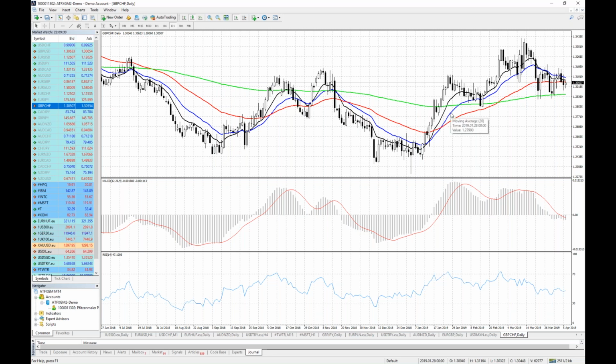The blue is a 20, the red is a 50, and the green is a 200-period moving average. And it doesn't matter if you want to use the exponential moving average or a simple moving average. That being said, how do we use those moving averages? Well,